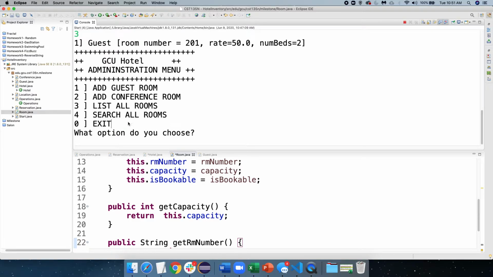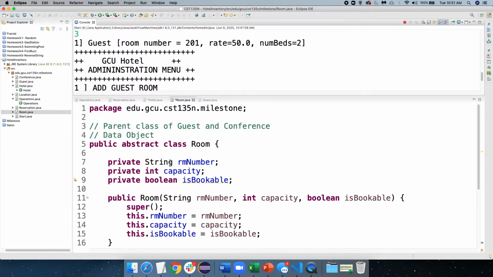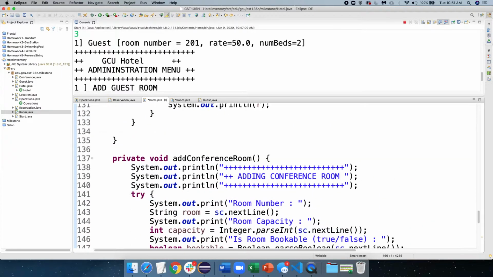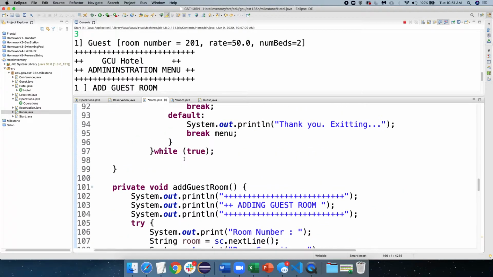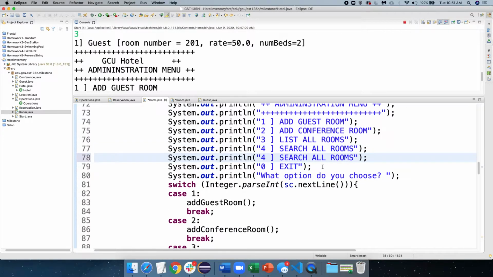Let's go ahead and get to the point where we can edit rooms. So let's go ahead and add something to our list here. We're going to go back over to hotel and add another option to our menu. So let's find our menu there. We'll say search all rooms. We're going to go ahead and do edit,